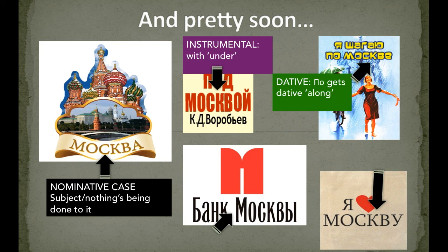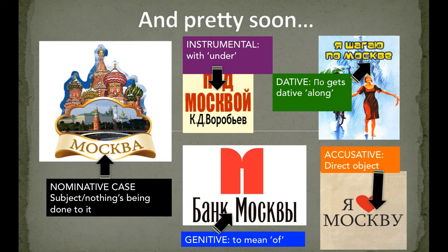And there will come a time, I promise you, when you'll look at all of these different words, all of these different forms, and know exactly what's happening. Okay? So the main thing to remember about Russian cases is that all nouns, adjectives, and pronouns change depending on what you're saying about them. But don't be scared. There is an entire system out there that you will not need to guess. There will be a system. You can memorize when you need what case. Every time you learn a verb, every time you learn a preposition, memorize what case it needs. And then once you have those case endings memorized, you're good to go in Russian for the most part.